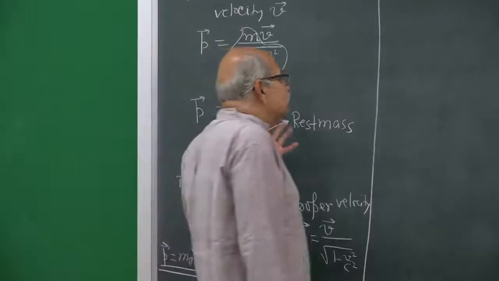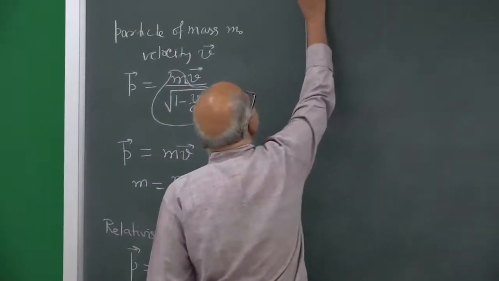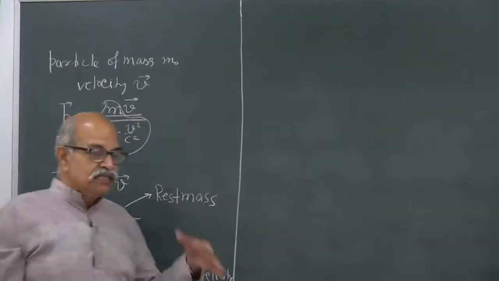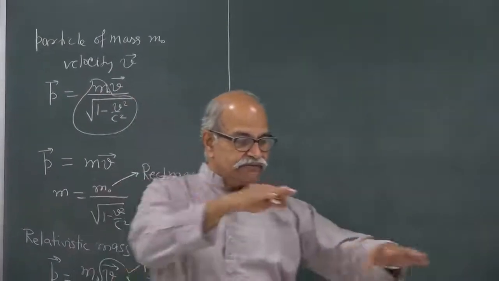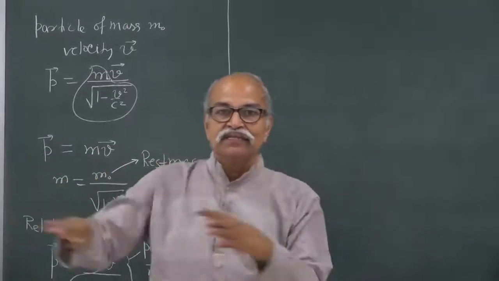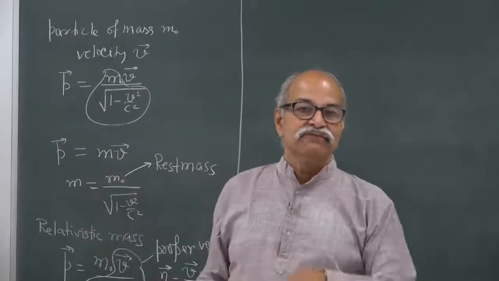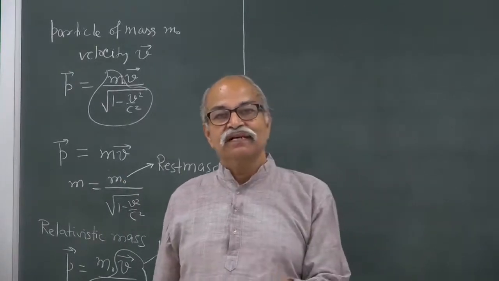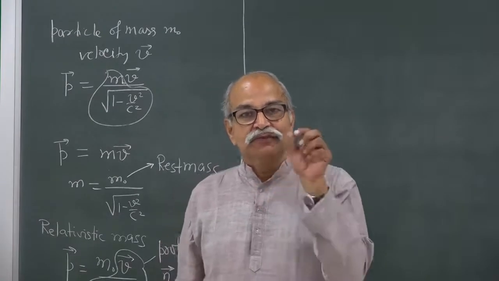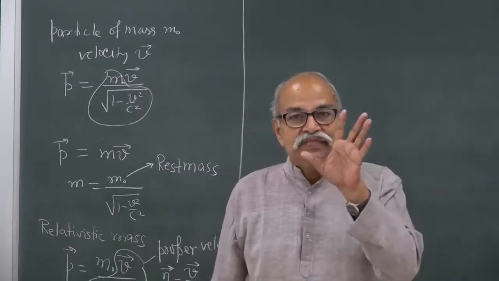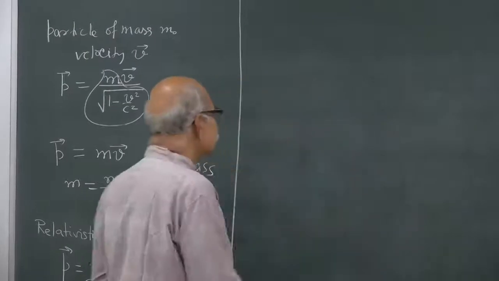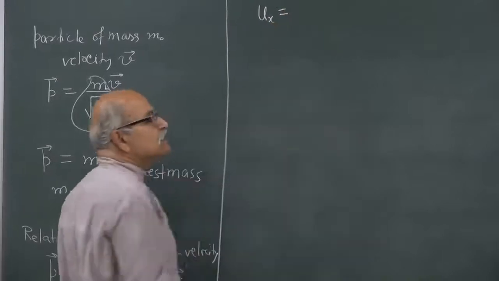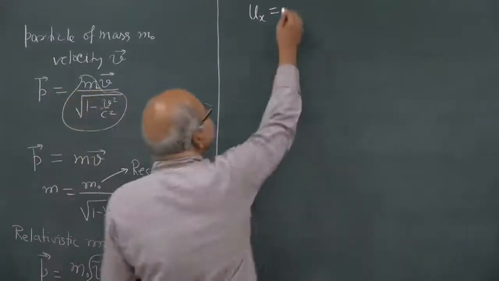So, how do we define velocity? Let me take symbol u for the velocity of the particle, because we will be talking of changing from one frame to other frame, Lorentz transformation, and the frame velocity we had been using that small v. All our Lorentz transformations are written in terms of that small v. So, for the particle velocity, let me use the symbol u. Okay. So, how do we define ux, x component of the velocity of the particle? This is dx dt,